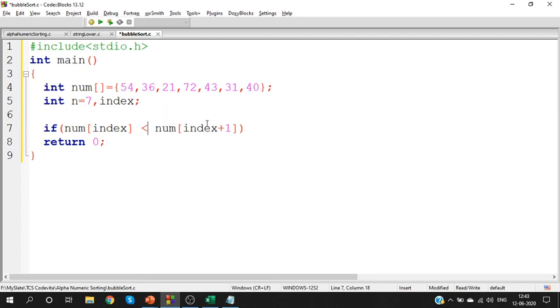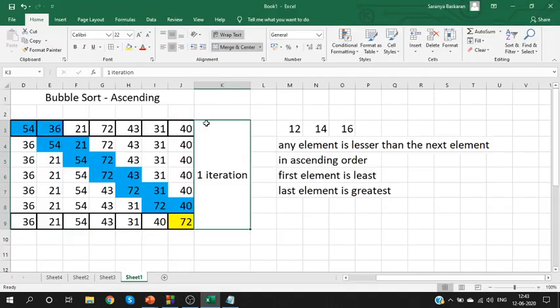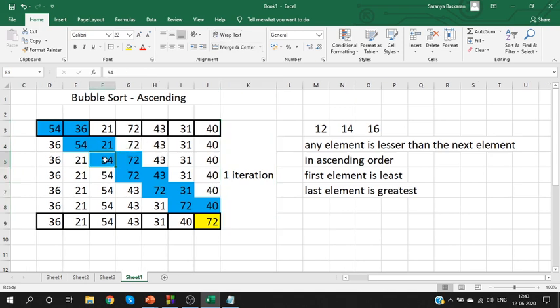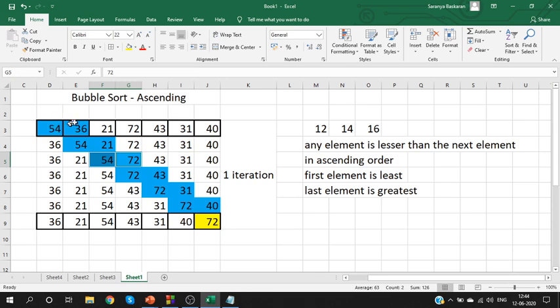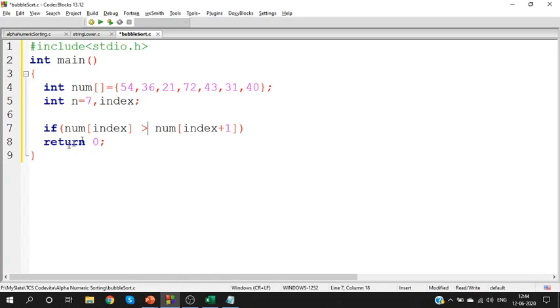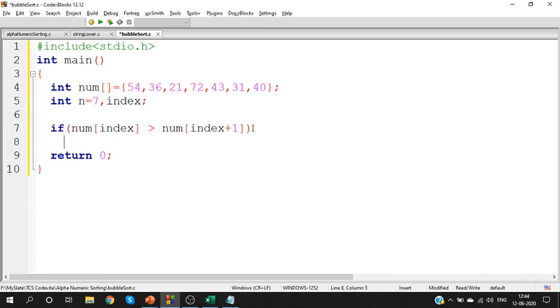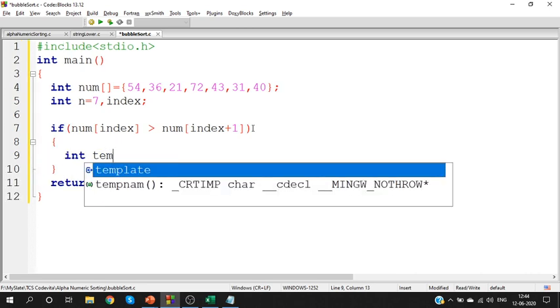If it is lesser, we don't have any problem, right? If 54 is less than 72, we are not changing anything. When should we change? If the current element is greater. If 54 is greater than 36, we will swap them. So check whether it is greater. If it is greater, you can swap the two values.